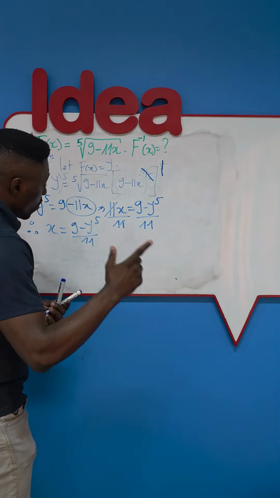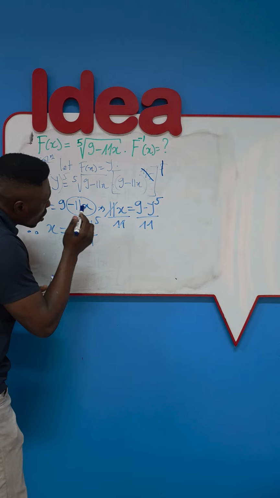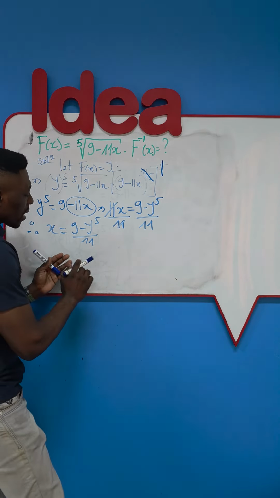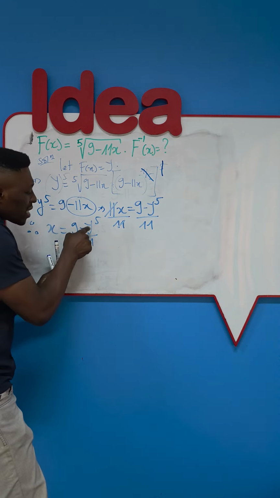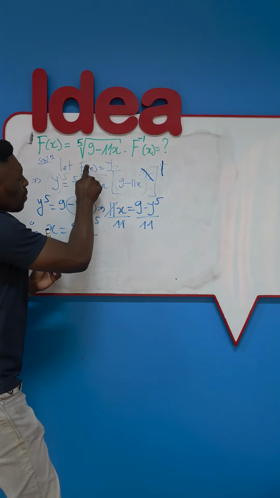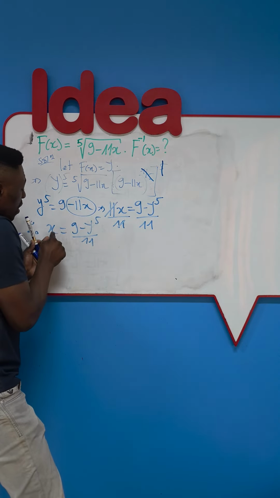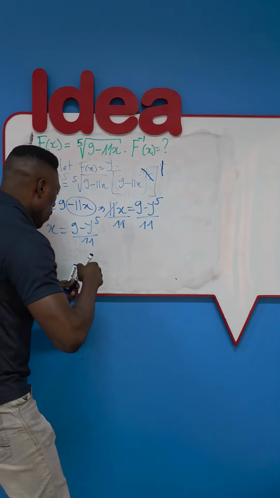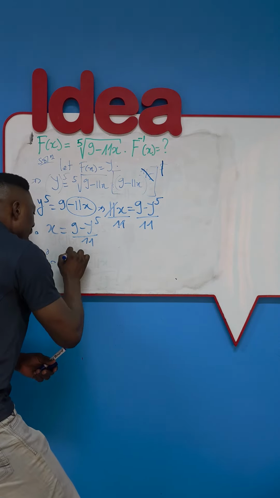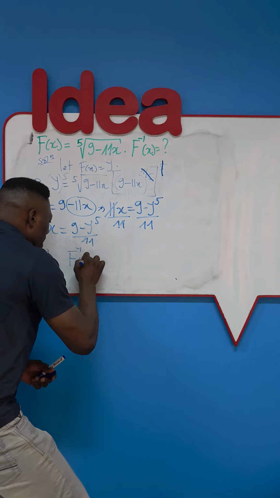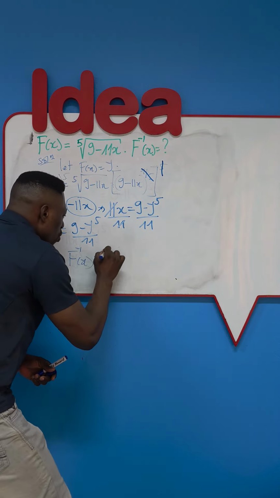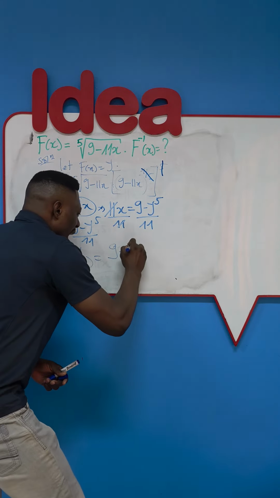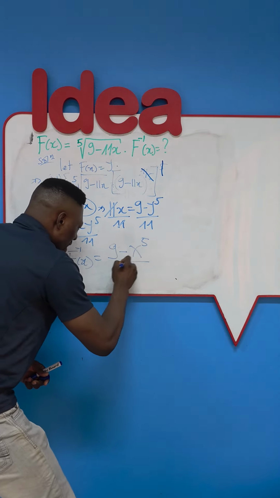We aren't done here, dear friends. Remember, this y is just something we introduced. It wasn't there initially. Now, the final step will consist of this. We will replace this y by the initial variable which we had, which is x, and then replace this x by what we are actually looking for, which is the inverse function. So we will say, therefore, f inverse of x is equal to 9 minus, instead of y now we will put x, to the power of 5 divided by